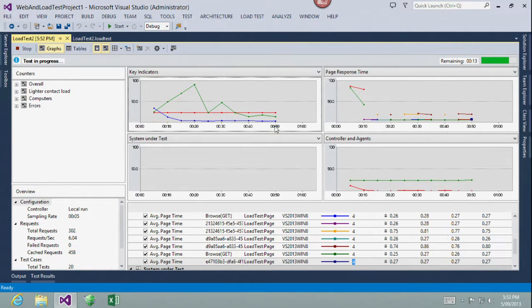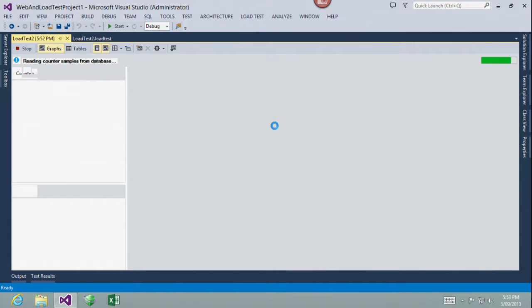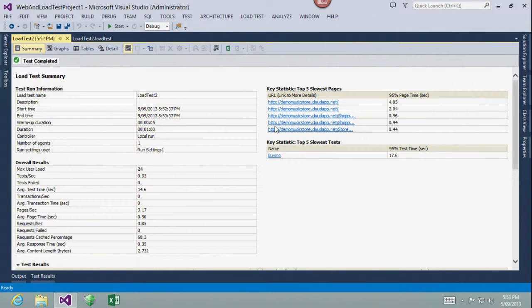Yes, sir? Do you need any additional things installed on the other servers? No. Besides your personal stuff? So that's an excellent question. What you see here is just Visual Studio Ultimate. So I'm using the controller and agent built into Ultimate on this occasion. We can put the controller on a separate machine. We can put as many agents as we want out there.